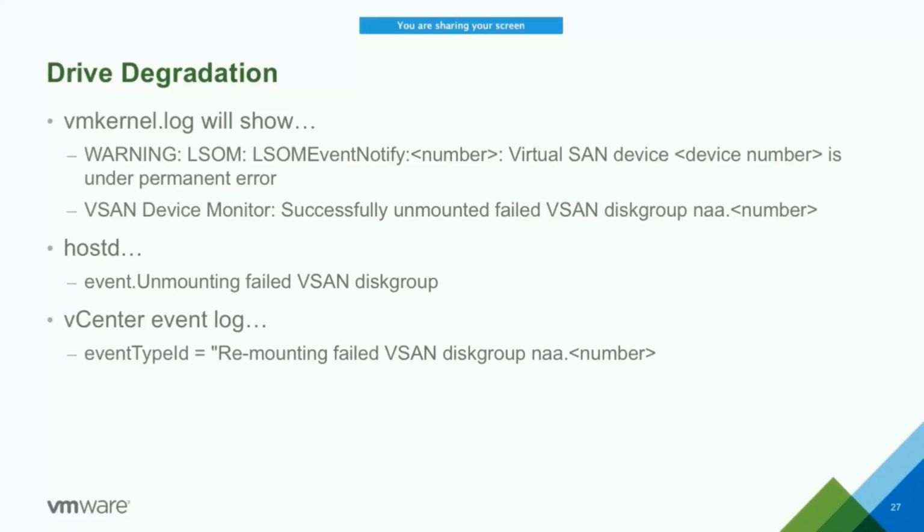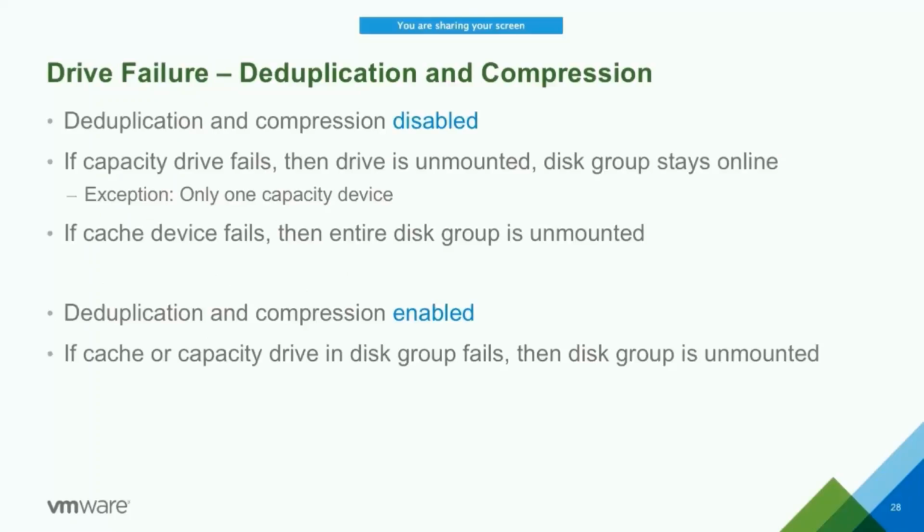The last item I'll mention before turning it over to GS is drive failure with deduplication and compression. So dedupe and compression disabled. If you lose a capacity drive, just that drive is going to be unmounted. The exception there would be if you only have one capacity drive, which is certainly a possible configuration. It's possible to have a disk group with one cache device and one capacity device. Needless to say, if you lose either one of those, then that whole disk group is going to go offline. If the cache device fails, of course, then the entire disk group is unmounted, regardless of the number of capacity